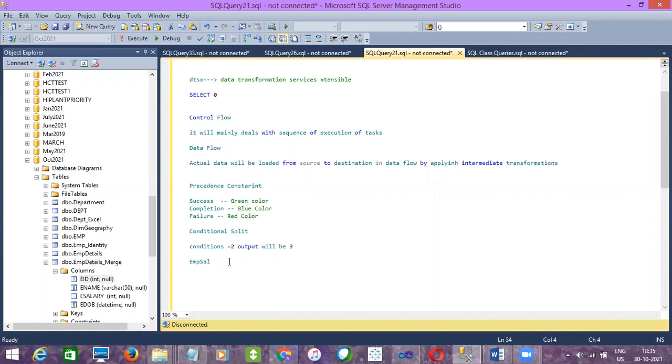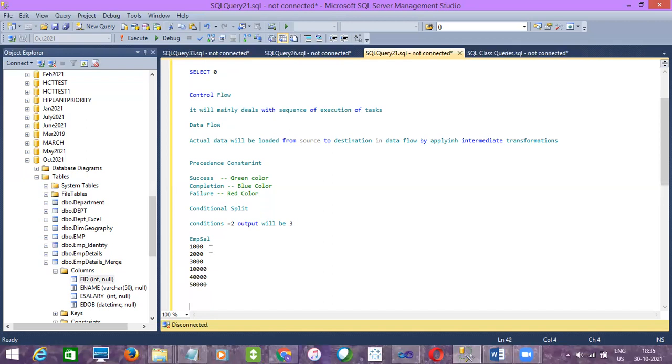Okay. So within the employee salary, if you have salaries like 1,000 and then 2,000, 3,000, let's say 10,000 and 40,000, 50,000.